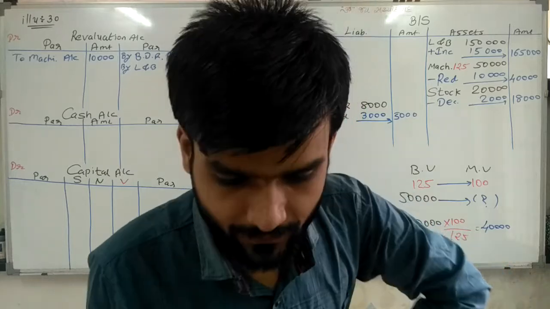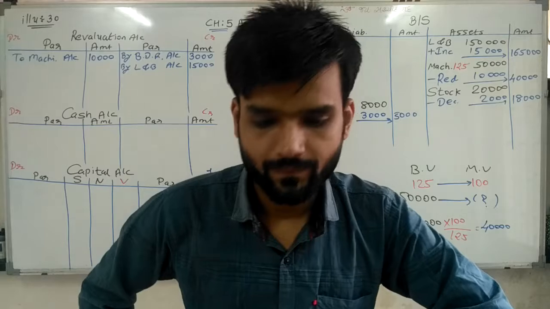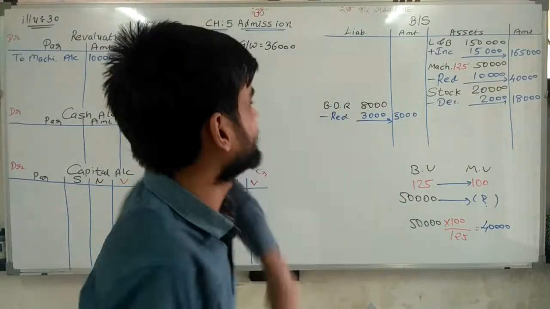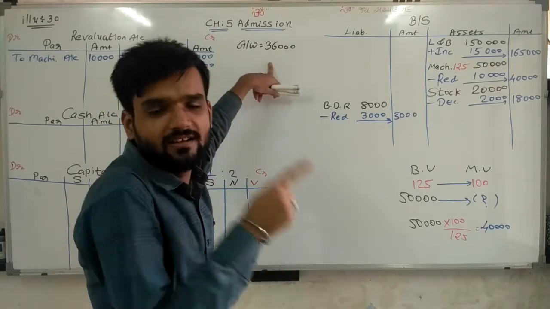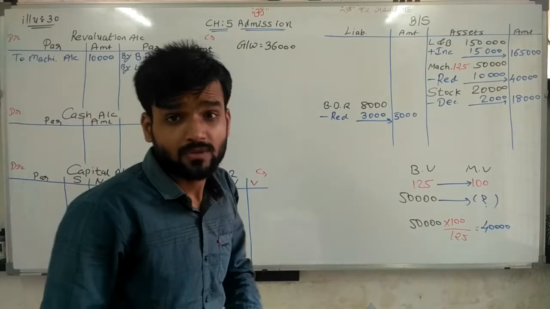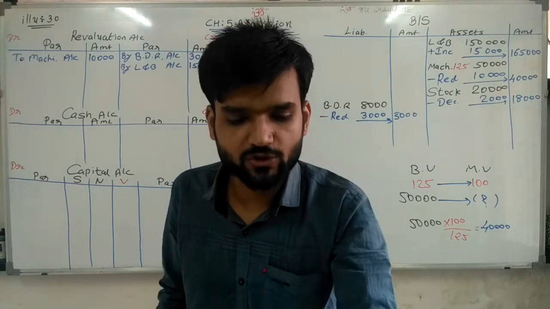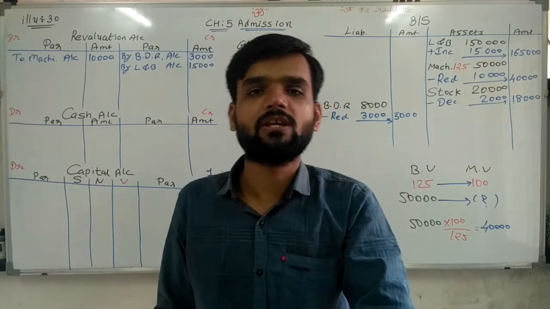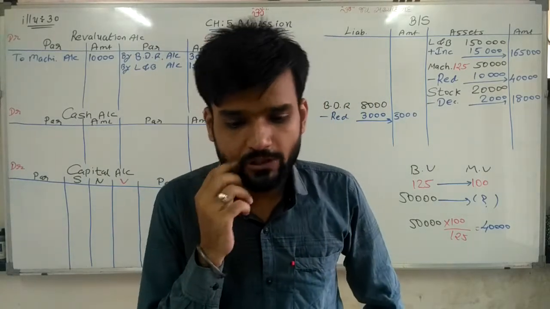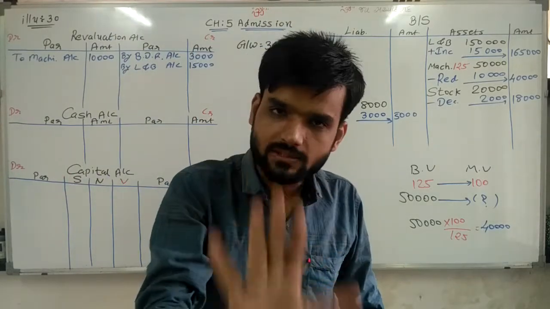Vijay will bring 50% of net asset of the new firm as the capital and his share of goodwill in cash. Now this goodwill is used because his share he brings in cash. And one most important thing, 50% of net asset brought by new partner Vijay. That is also a new topic here. For that I have taken this sum. Now 50% of net asset means what, sir? What is meant by net asset? That we will see later.